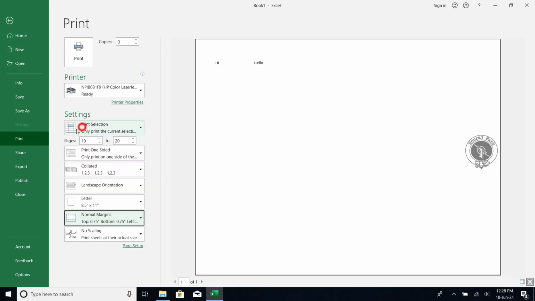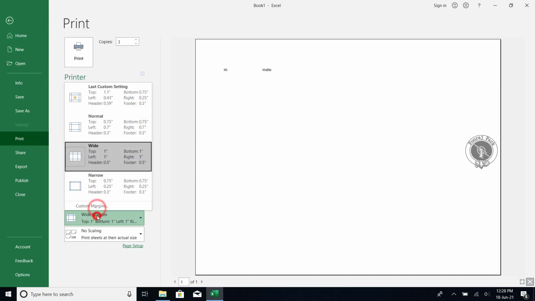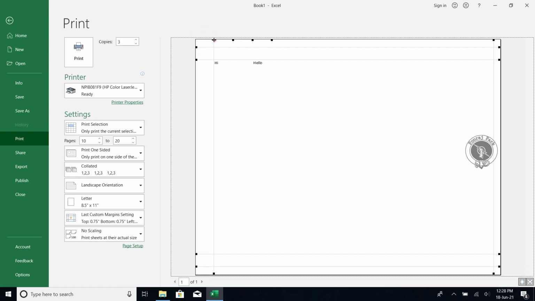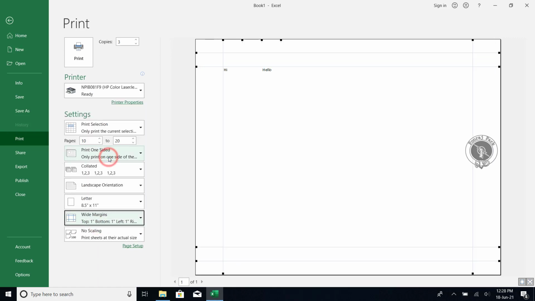By default it's normal. Okay, now if you see wide, it will get a little bit wide here, over here. And if you choose narrow, you can see this place, it's very narrow over here. You can also click here to set up the margin, like show margin. See here, you can also use this drag option as you need it. You can move your page, how it should be aligned, from here. Like wide, if you see, I selected wide margin, it shows an extra bit of space over here.